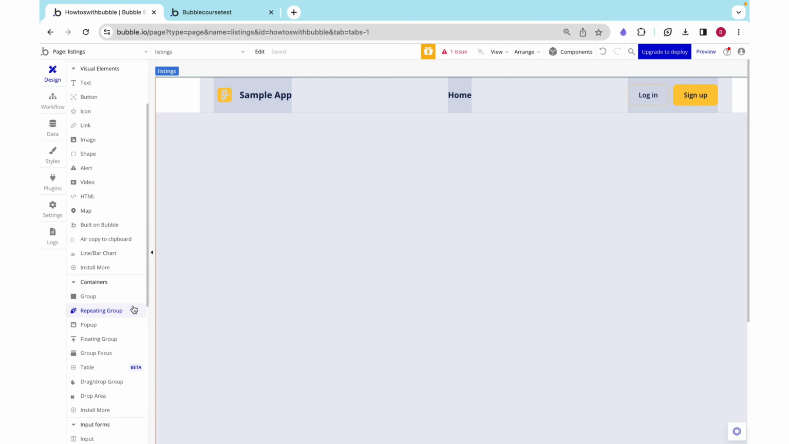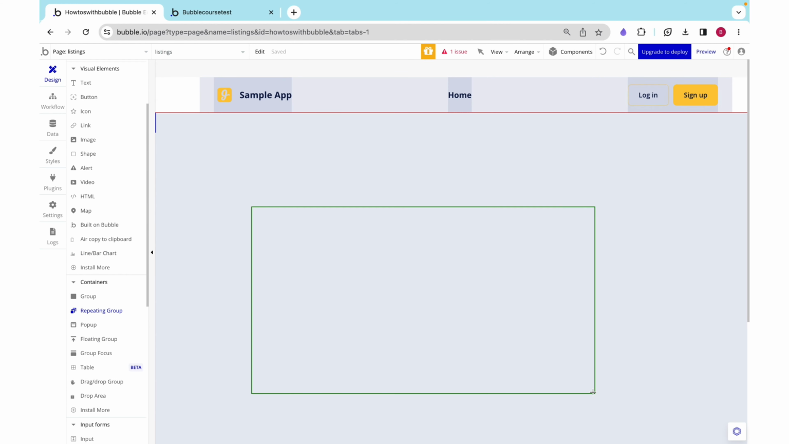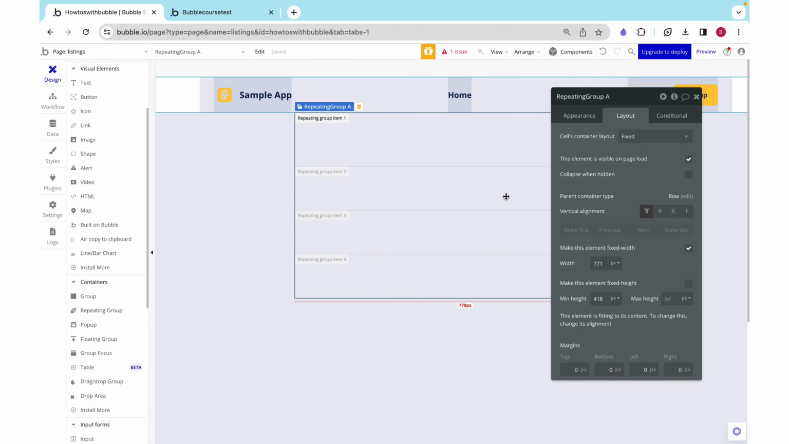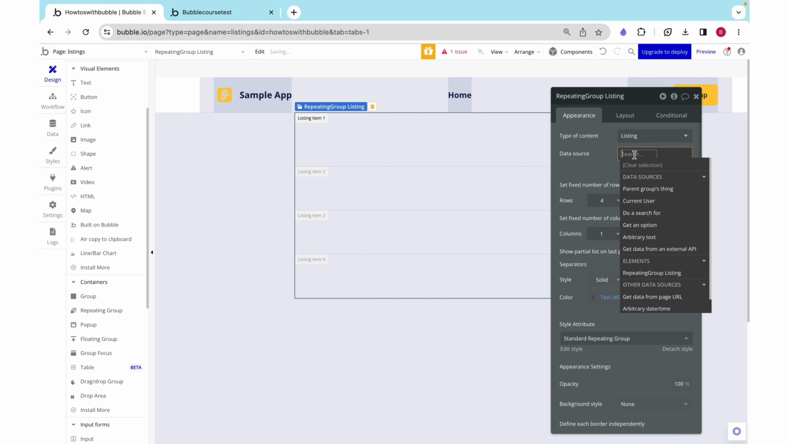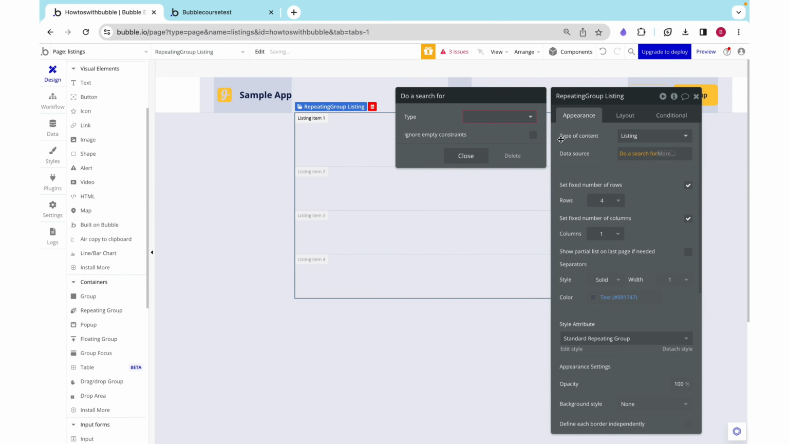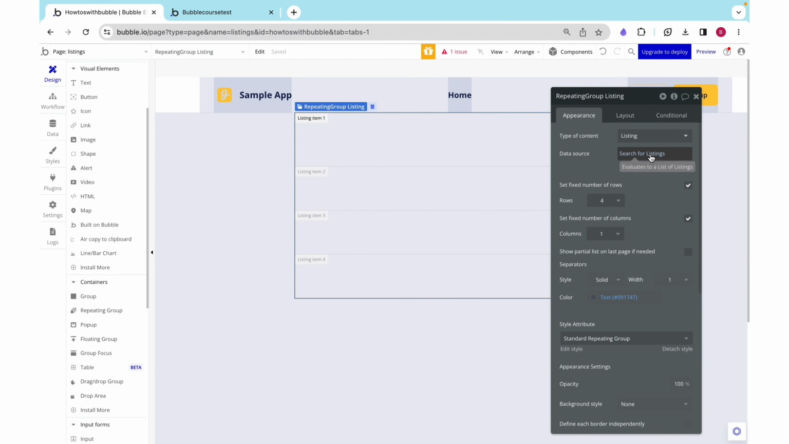Now I want to get all of the listings. To do this, I need to use a repeating group. Repeating groups store lists, and each of these little items will hold a different listing. If we want the type of content to be listing and then our data source to just be a search for all of the listings in the database, it is currently returning a list of listings,